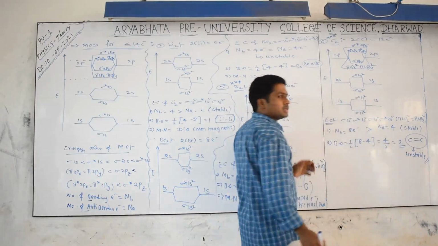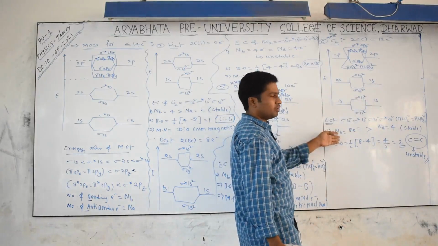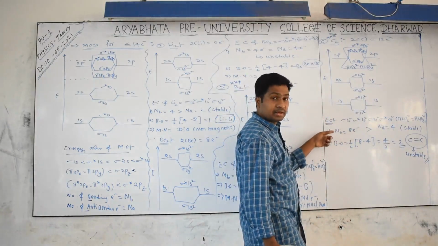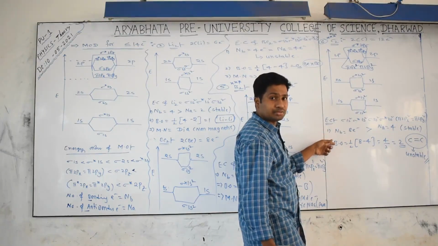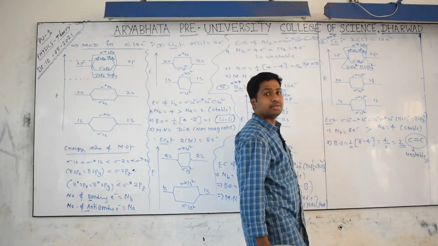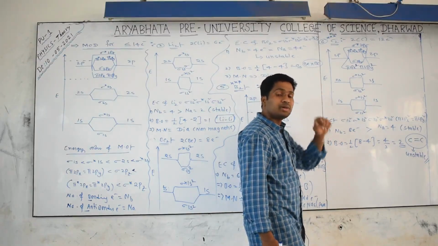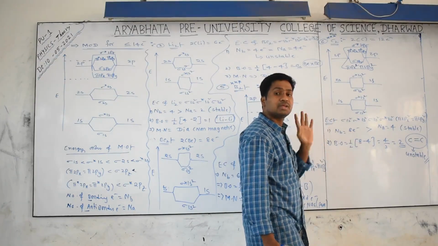C2 molecule is unstable. Why? Because generally, from molecular orbital theory, we get stability according to the NB greater than NA relation. Bond order is very important. A double bond is coming. With 2 bonds, carbon is not stable. Always carbon should get 4 bonds, tetravalency, but only 2 bonds are coming. That's why it is unstable.